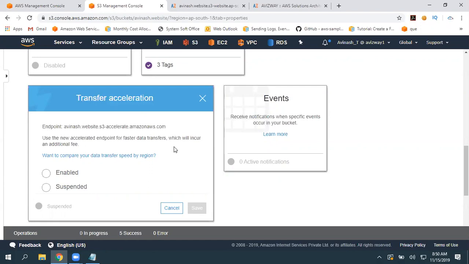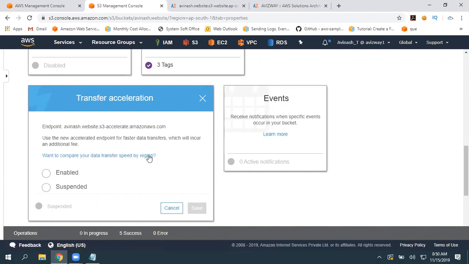Data in and out of this bucket is going to be accelerated by edge locations. Remember, this will not come under free tier eligibility. If you are enabling this feature, you are coming out of free tier eligibility. Again, I want to test this first. I want to test whether I'm going to get the best result or not for this S3 bucket from one particular region. Then we have a comparison tool, a speed comparison tool.